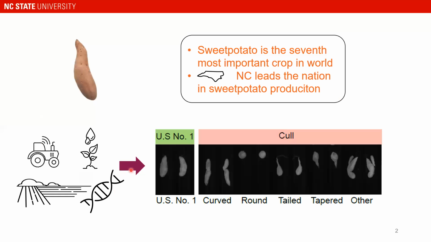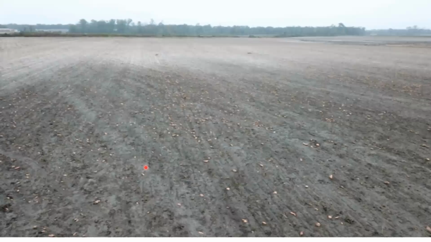US #1 sweet potatoes. This is a sweet potato field post-harvest, and you can see many sweet potatoes were not harvested as they had shape deformation. This is a great loss to the farmers and great loss to our environment. Through data analytics, our goal is to reduce this type of wastages and make sweet potato production more profitable and